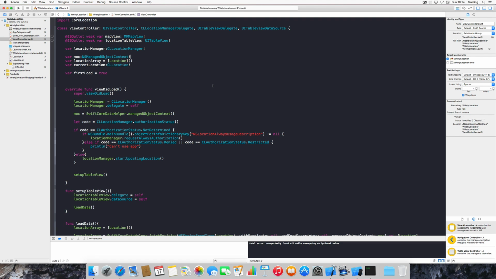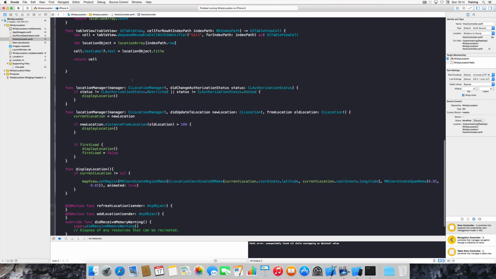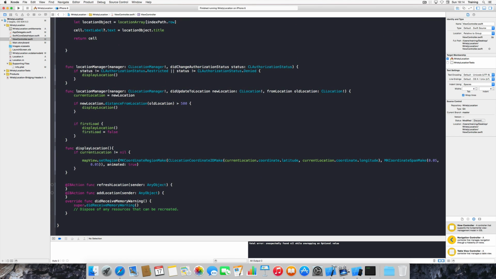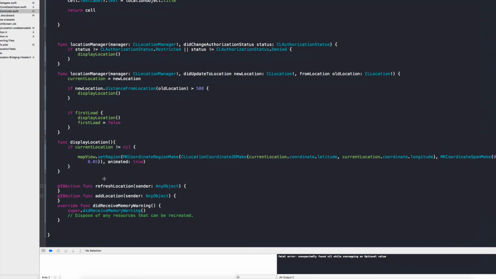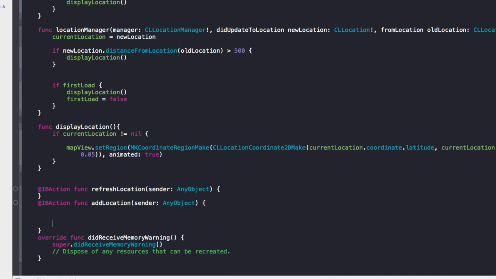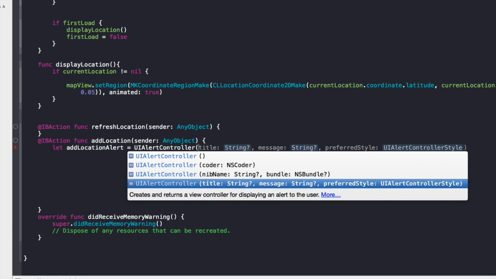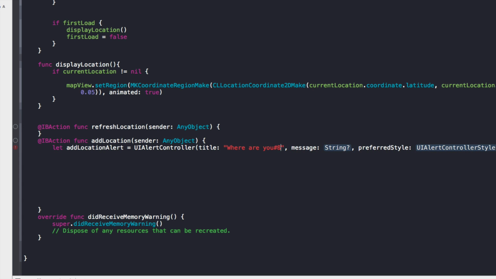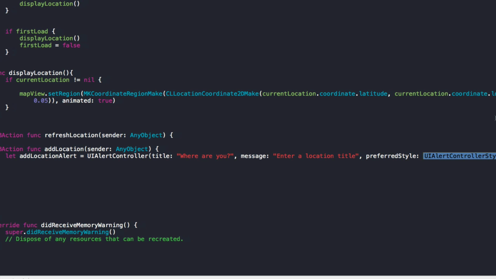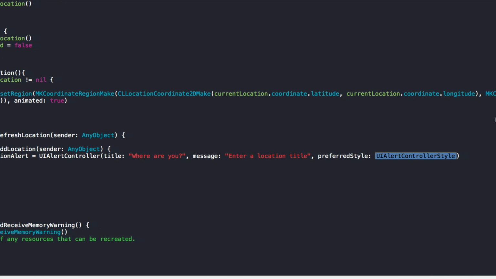Now the only thing left to do within our iPhone application is to be able to add a location using the plus icon that we have added to the navigation bar. So we already have this function in place. It is called add location, and now we'll fill in the necessary code here, and we will simply use an alert view here. So addLocationAlert is going to be a UIAlertController, initialized with a title, which is "Where are you". We'll have a message which says "Enter a location title". We will have a preferred style, which is alert,